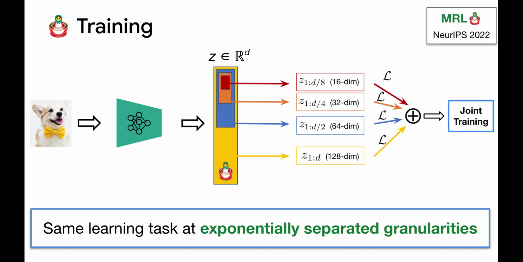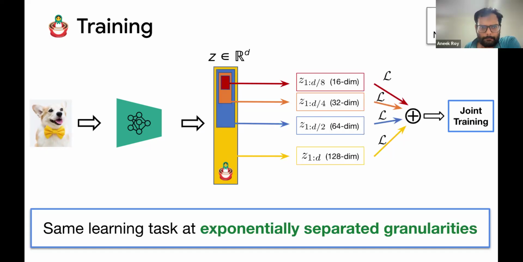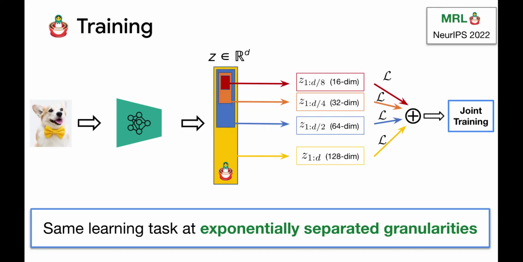No, I think there's some sort of communication gap here. The optimization is still joint because your gradients are all accumulated into the same parameters. So your 64 and 128 are optimizing the same parameters, and they're optimizing for the same loss. They're trying to maximize the cosine similarity between positives and minimize the cosine similarity between negatives. And for 16 dimensions to be good, they have to be the first 16 dimensions of the 128 to be good as well. So the loss of 128, 64, 32 dimensions helps the 16 dimensions become better, because otherwise the total loss is going to be very high. Okay.